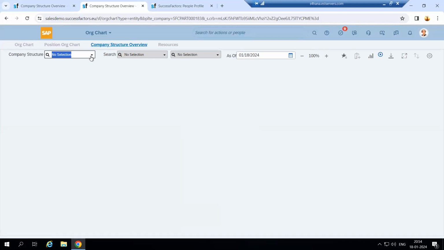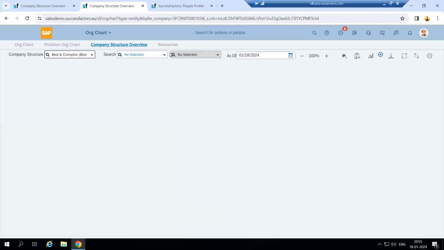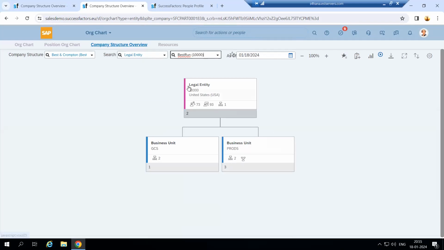Now select whatever structure you have created, Best and Crompton. This is our structure. So whatever company you select here, in that structure only your details will be reflecting. So now legal entity, now I want to see the company called Bestron in the structure, whatever I have created. So can you see here, whatever we have given, it is reflecting: legal entity, this is the code and the country. How many people are there? We haven't created this. How many people are there, how many positions and hierarchical structure, and how many business units,